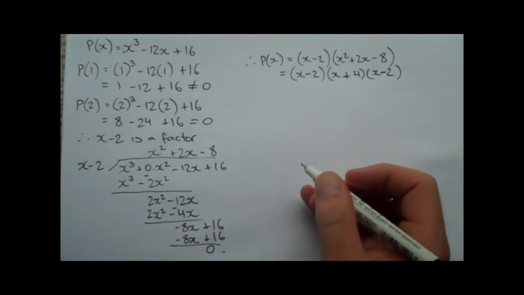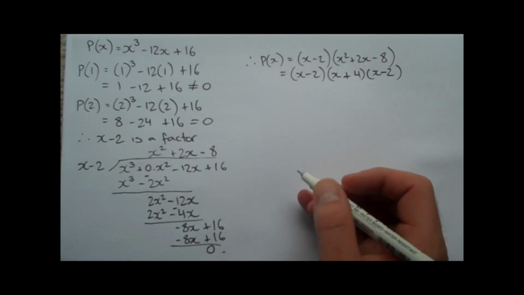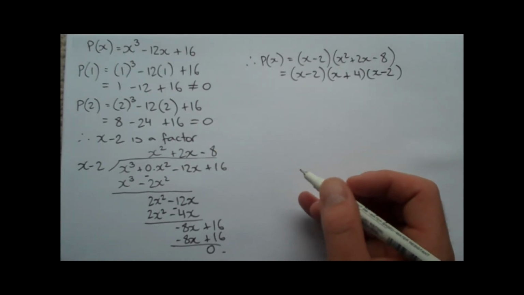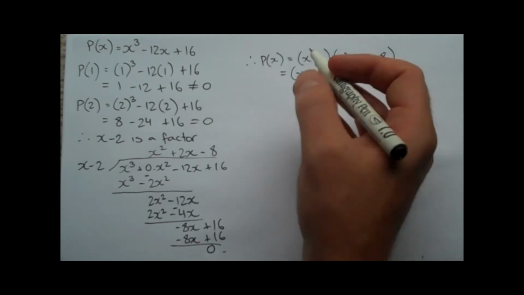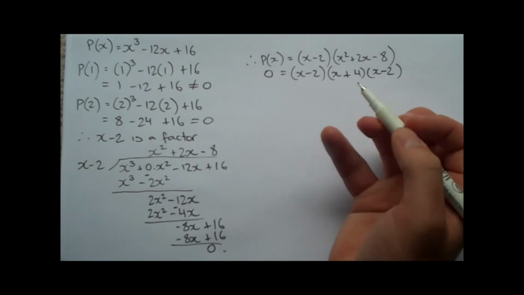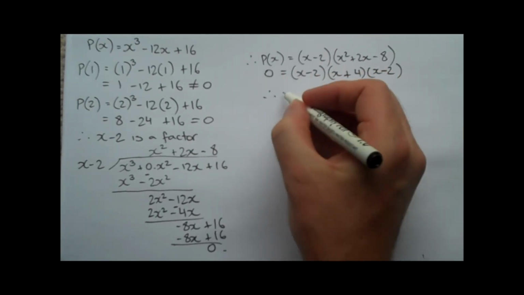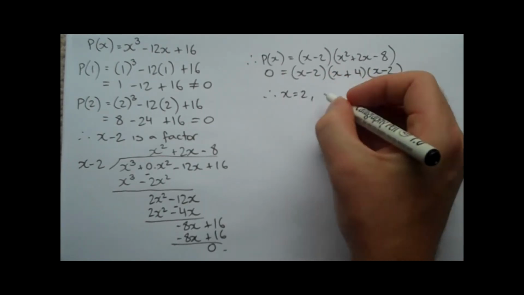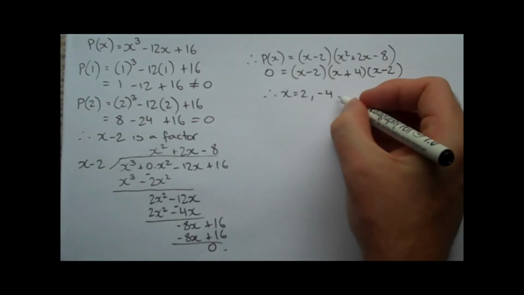Now if we wanted to take this one step further and solve for x, so if we think about the graphs of these, they would be the x-intercepts. We would just let p of x equal 0 and apply the null factor law. And so then we could clearly state that x equals 2, negative 4, and